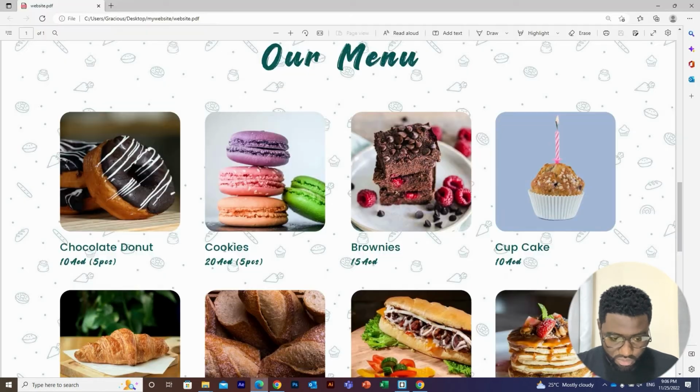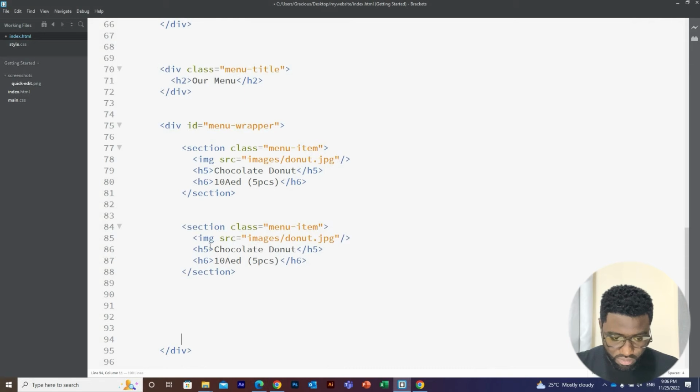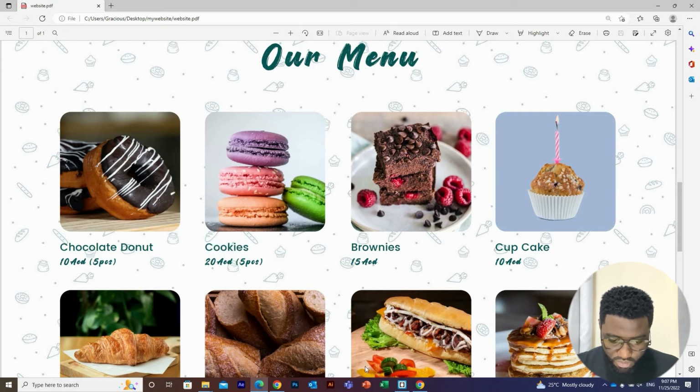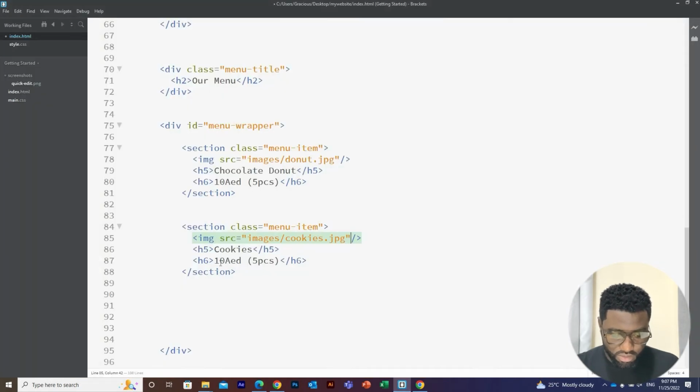The next is cookies. Okay, and then I'll change the image here also to cookies.jpg, and then the price is what? 20 AED. Okay,